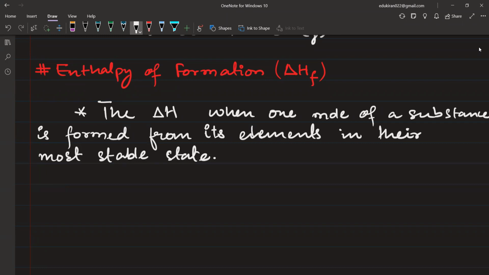ठीक है, अब enthalpy of formation of carbon dioxide जब बोला जाएगा, when we are going to talk about the enthalpy of formation of carbon dioxide, then this definition of enthalpy of formation is restricting us. What it is restricting? Enthalpy of formation can never be for 2 moles of carbon dioxide. It will always be for 1 mole of carbon dioxide. जब भी हम लोग enthalpy of formation की बात करेंगे, we will always talk about 1 mole of carbon dioxide. That means, for example,